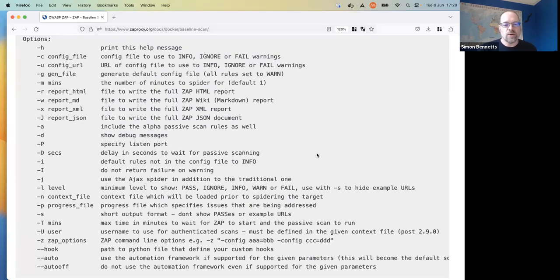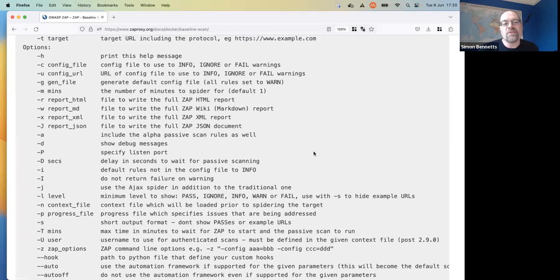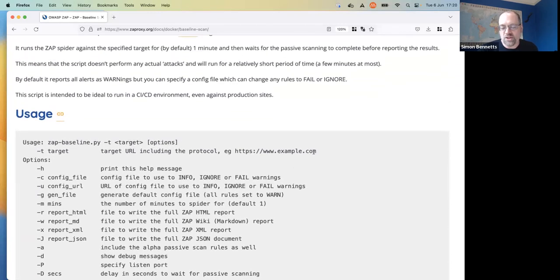So it just looks at the requests and responses, and based on that, it can find a set of things that are wrong with your application. It could be missing security headers, it could be missing flags on certain cookies. There's a whole range of things it can find, and ZAP will report those things to you. This should finish within a couple of minutes, so it can be used in CI/CD if